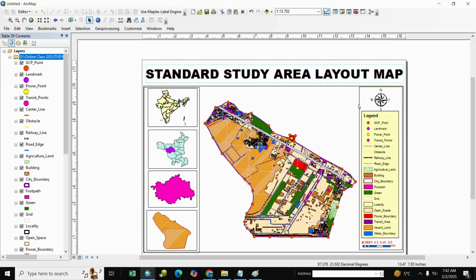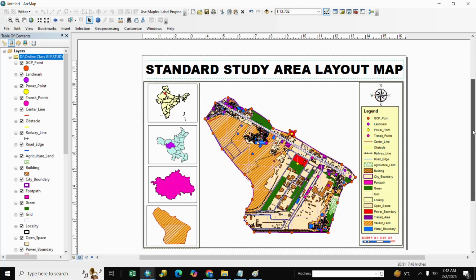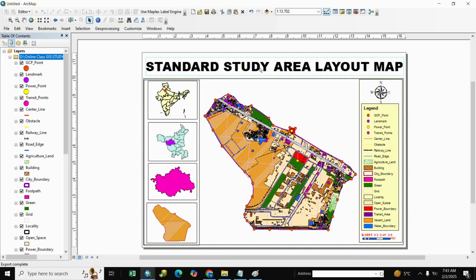Here is title, we select standard study area layout, and we go to insert and go to neatline,